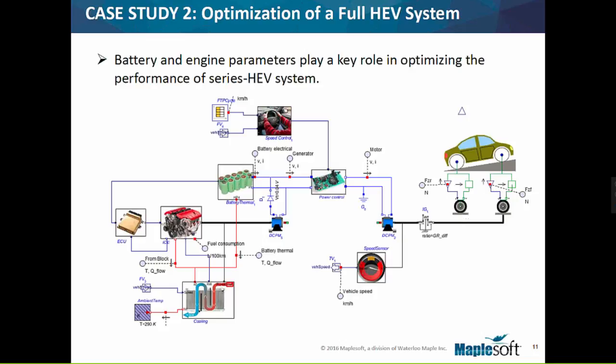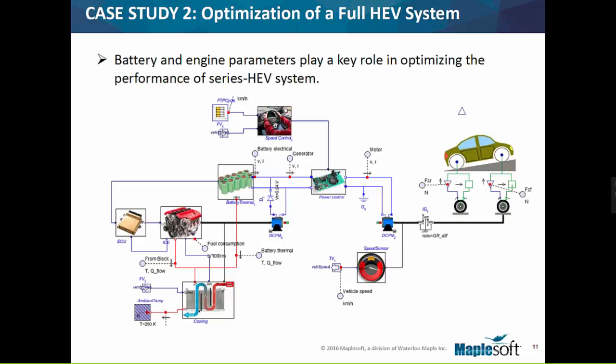And the front axle of the vehicle is connected to an electric motor through an induction gearbox. The power to drive the wheel is drawn from a battery pack through a power control unit, which takes